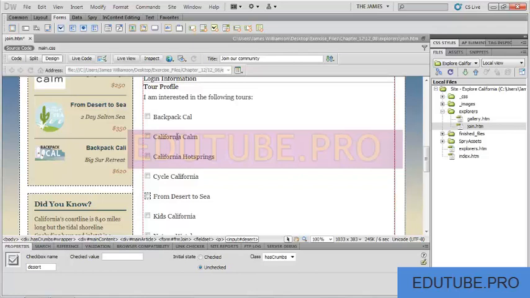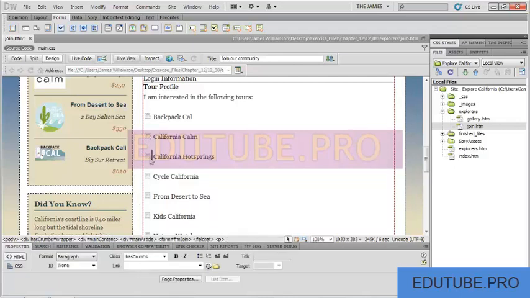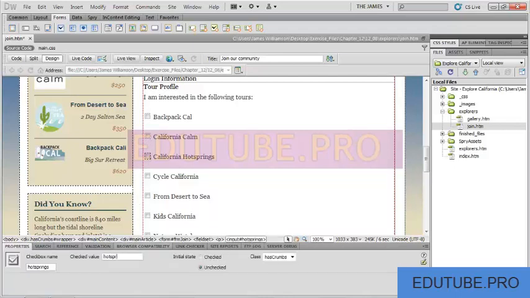So we're going to go back up to our first checkbox, and we're just going to start adding these to our forms. So although the accessibility attributes is a great dialog box, don't just assume that that is all the information you need for these form elements. So with the first one selected, the checked value for this one is going to be backpack. Now I'm going to use exactly the same thing that we used for the IDs for each of these. So calm for California calm, hot springs,